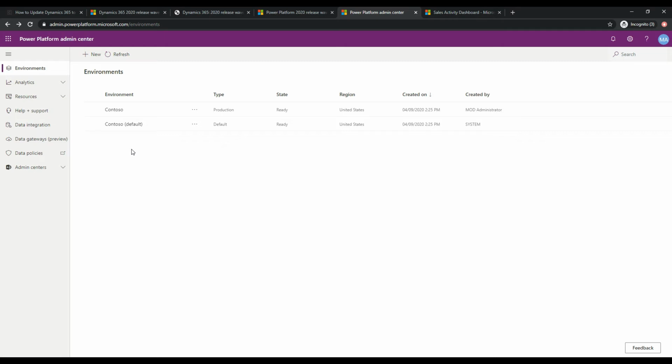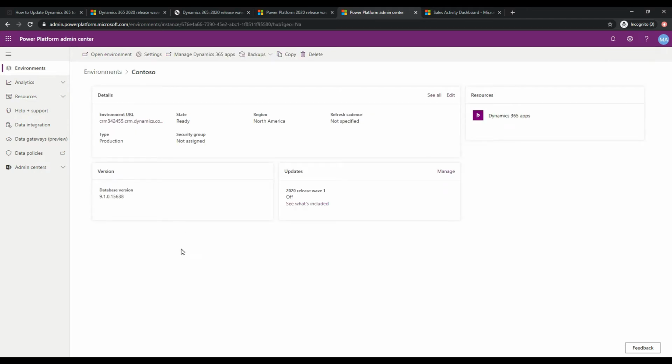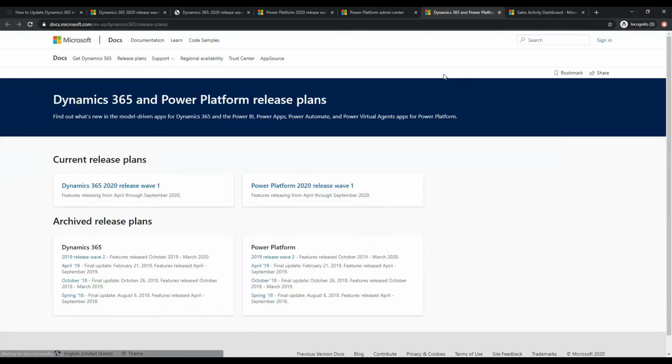So the first thing we want to do is click on Contoso here, and that takes us to the page that gives us some more details about our environment. You can see here under updates, we have 2020 release wave 1 is off. If you click on this link, it's actually going to take us back out to the Microsoft documentation,